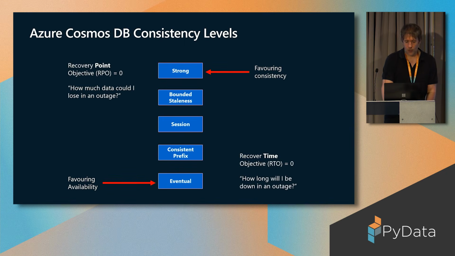And two other concepts that are closely related, not exactly the same, but closely related: RPO and RTO. I imagine most of you have heard of this. Hands up if you haven't heard of it. Okay, so RPO, in plain English, is how much data could I lose in an outage? And RTO, in plain English, is how long will I be down in an outage? If you want RPO 0, then you're going on the side of strong consistency within your distributed system. If you want RTO 0, then you're leaning towards eventual consistency. RPO 0 and RTO 0 are not both possible at the same time.